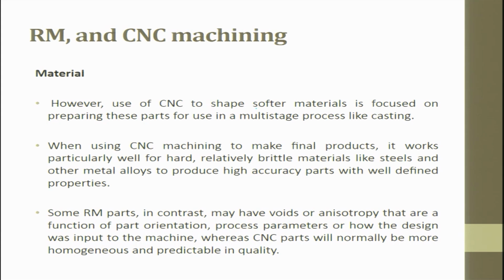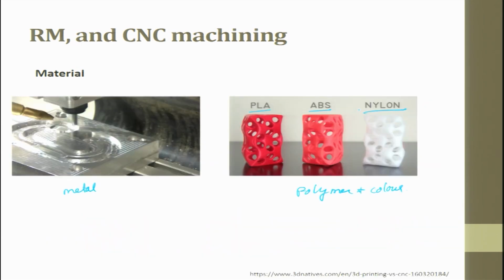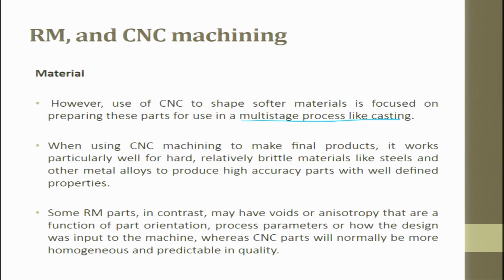However, use of CNC to shape softer materials is focused on preparing these parts for use in a multi-stage process like casting. So, if you want to make such thin objects, apart from rapid manufacturing, it involves multi-stage. When we do a multi-stage process,